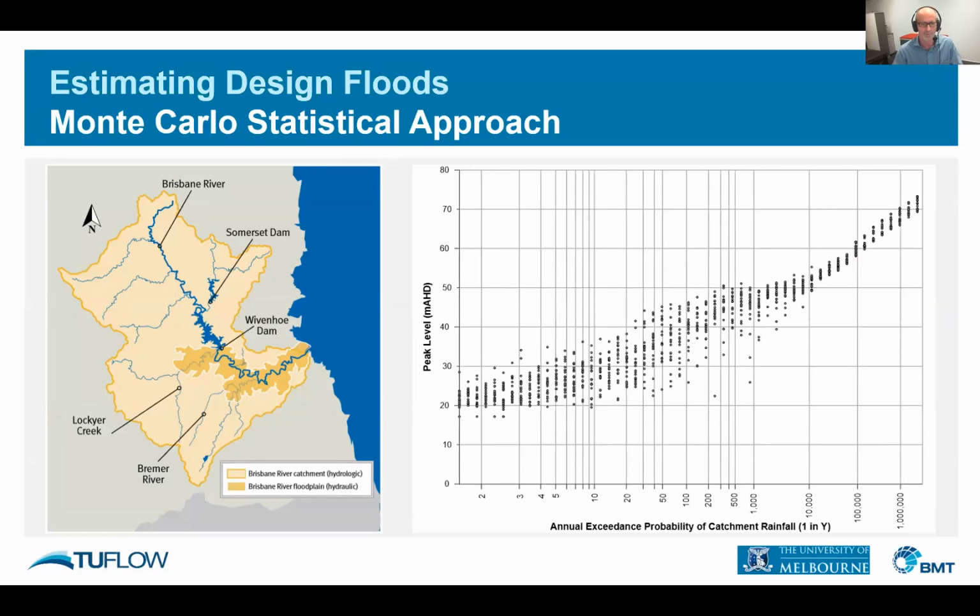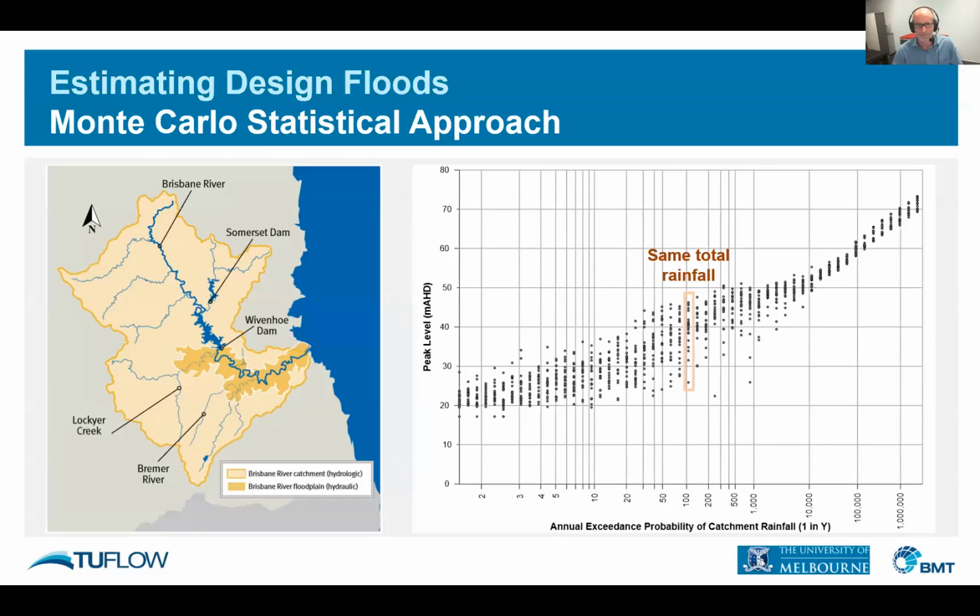When you move into the full-blown Monte Carlo approach, you're literally simulating thousands and thousands of events. You can see there's a whole pile of events here that were simulated at one of many locations on the Brisbane River study. The problem with the Brisbane River is that the previous approach of ARR 2016 doesn't apply, because while it may cover rainfall temporal pattern variation, it doesn't take into account the dryness of the catchment or the joint probability of different systems coming in. It's a very big system, and it doesn't take into account whether one of these dams is very low or very full. So there are these other variations that we need to account for.